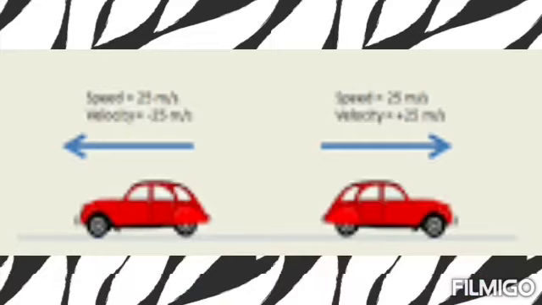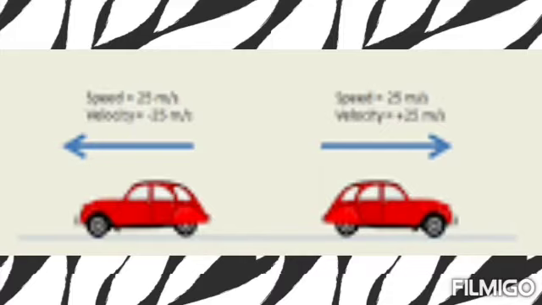Next one is velocity. Look at this picture. Here direction is mentioned. Two cars are also moving in opposite directions. So direction means we know both magnitude and direction, which means displacement. Already we have learned about displacement. So velocity is the rate of change of displacement. What is the definition for velocity? Velocity is the rate of change of displacement, or we can say it is the displacement in unit time.